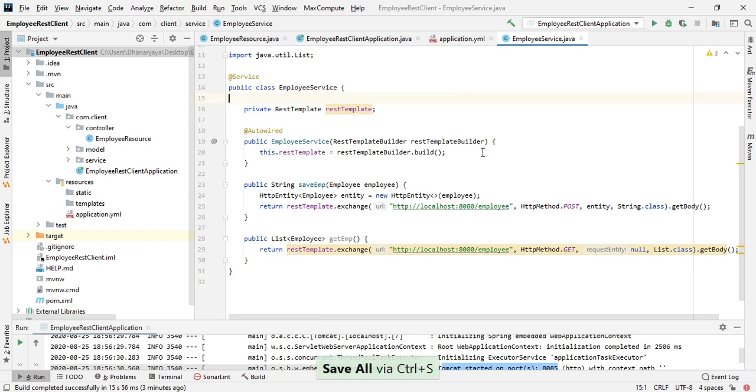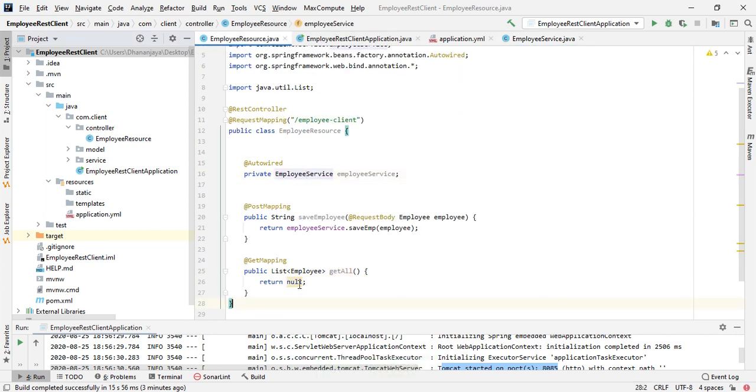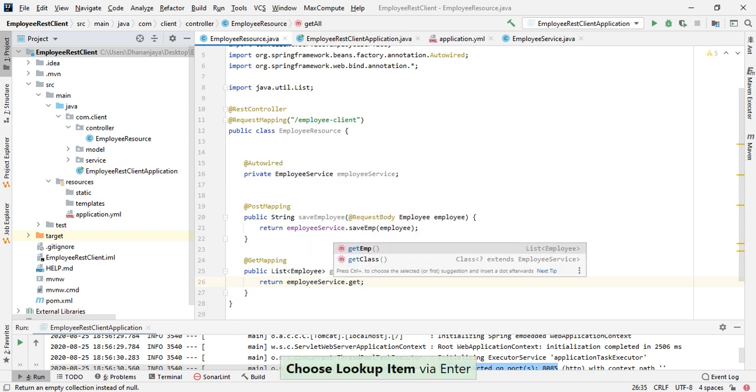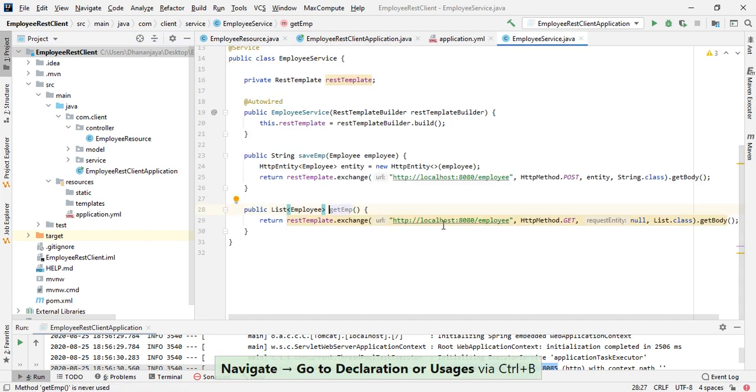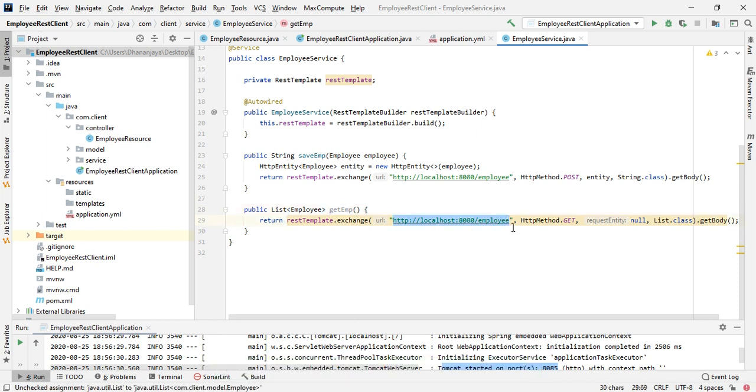That's it. Let's go to the controller and call the service employee dot getEmp. Internally, it will call the REST endpoint of the provider side, and it will call the GET method.